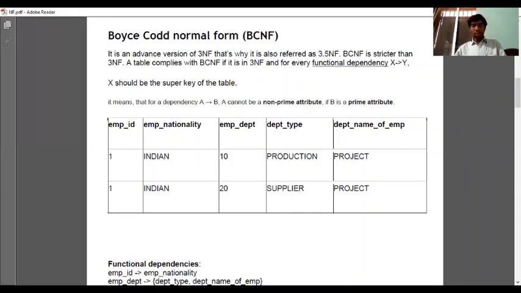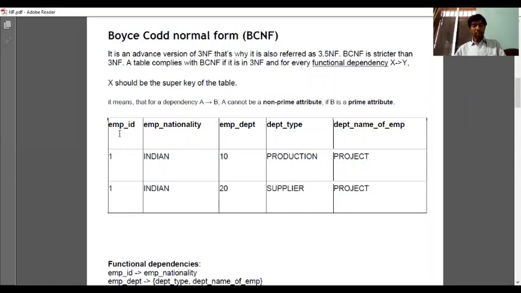So we know what prime and non-prime attributes are. Attributes of a relation which exist in at least one of the possible candidate keys are called prime or key attributes, and the non-prime attributes are those which do not exist in any of the possible candidate keys of the relation.